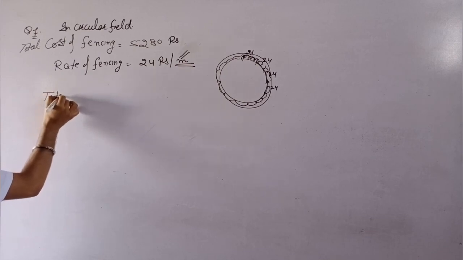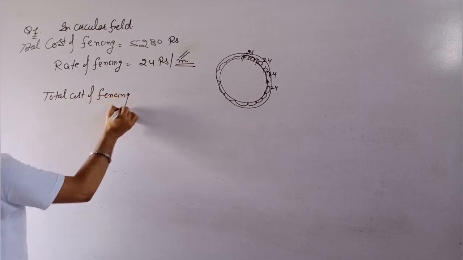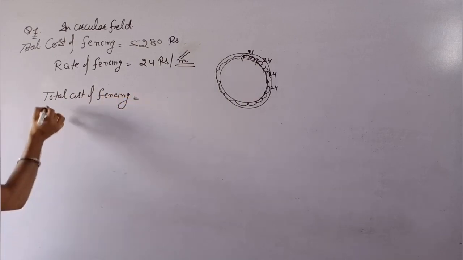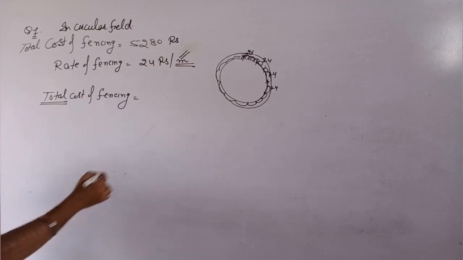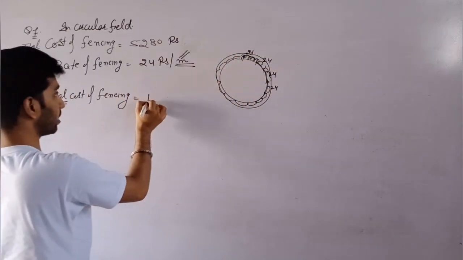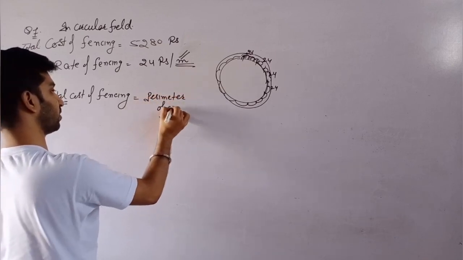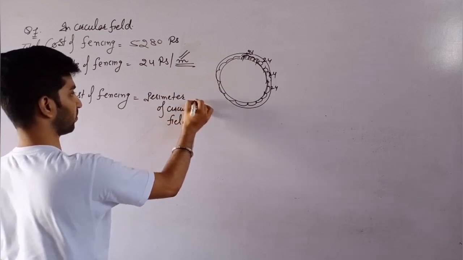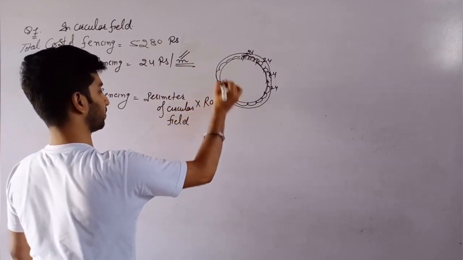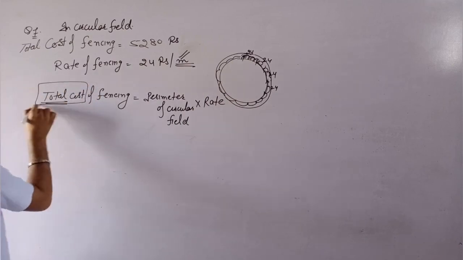The formula of total cost of fencing is: total cost of fencing, and fencing is around the shape, which is the perimeter. So perimeter of circular field multiply rate, it is the formula of total cost. जब भी फाइंड करनी हो उसका